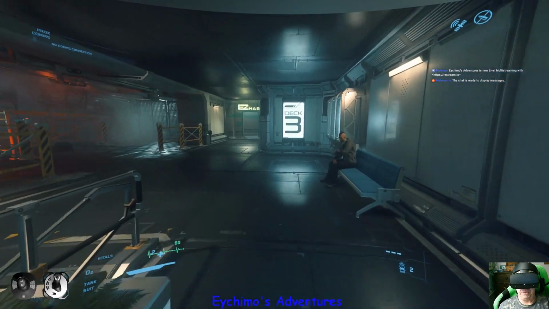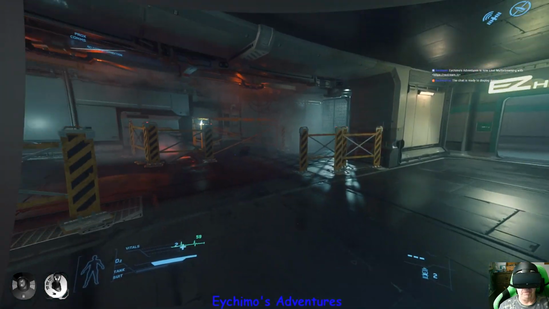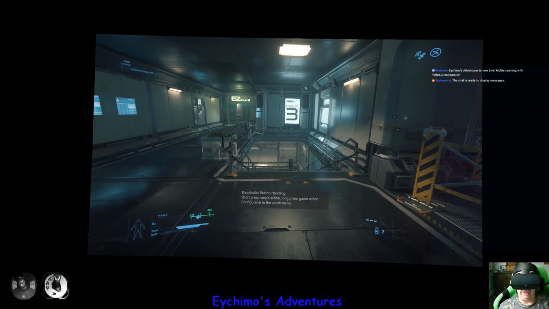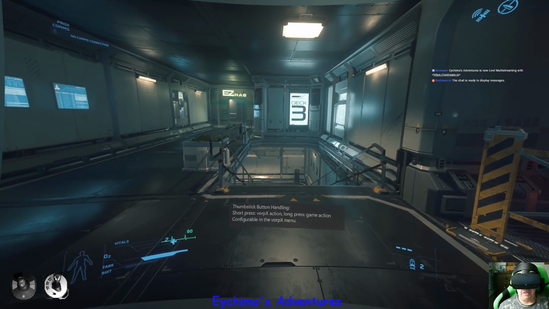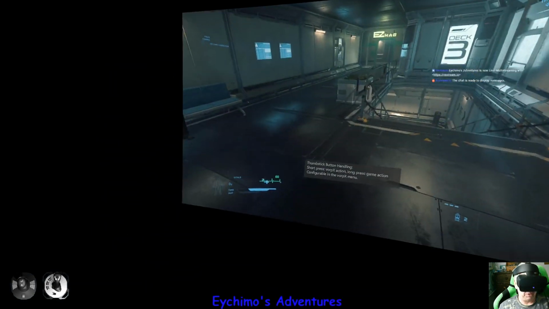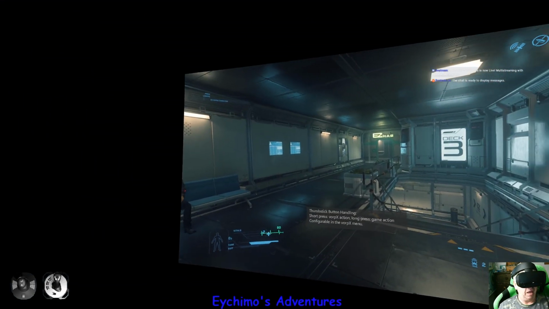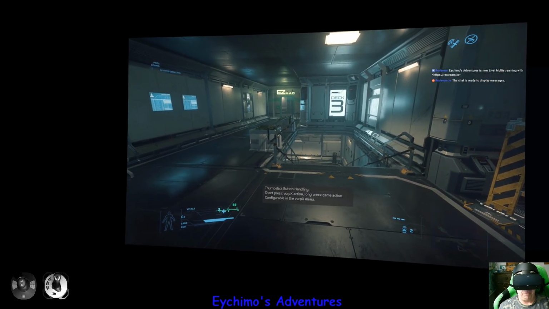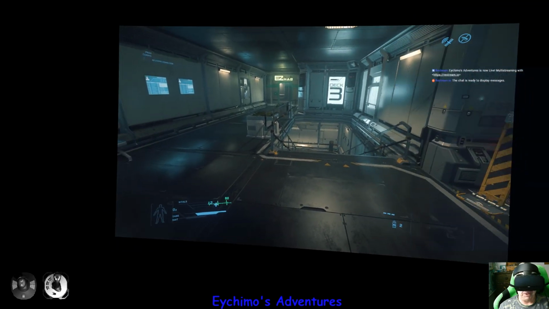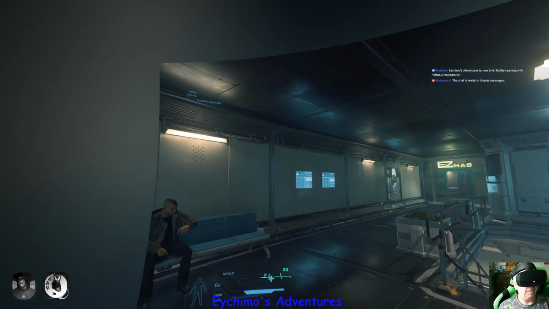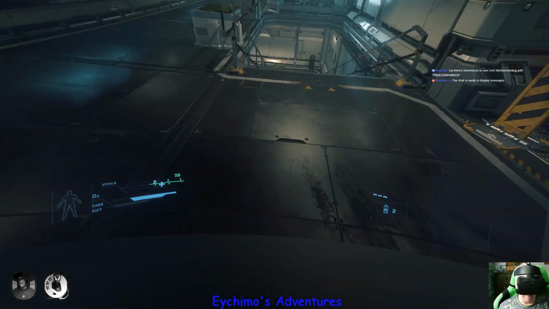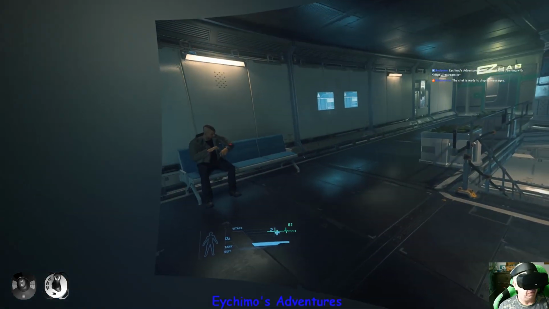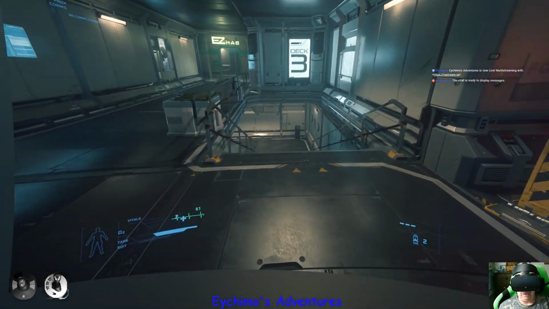What this allows me to do, and you can only do this in immersive mode, is not have to edge peek like this to be able to read stuff on the side of my menus. This game is not designed for VR, so the menus, you cannot see them right, so you have to edge peek to be able to see them. But here, when I look left and right, I can actually read everything clearly by putting it in the center of my focus, and that includes game chat, which I do not use very often